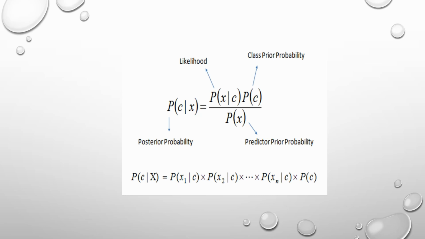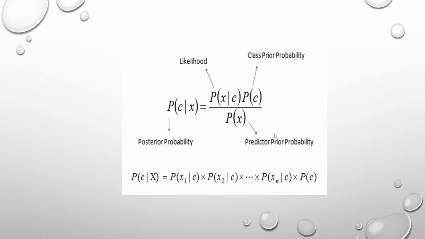The likelihood describes how well the model predicts our data. And then we have the predictor prior probability, or the normalizing constant, the constant that makes the posterior probability density